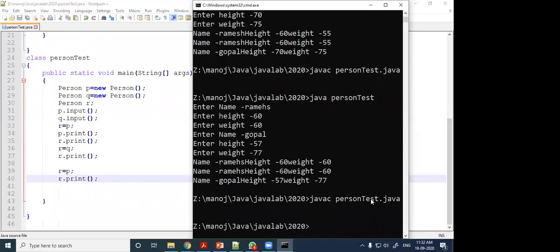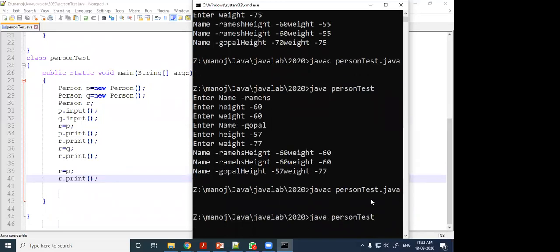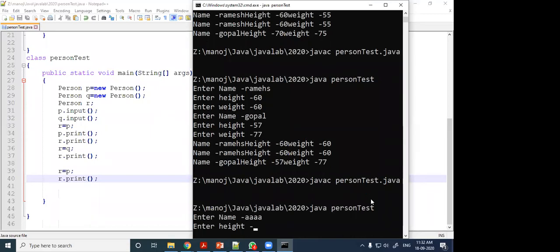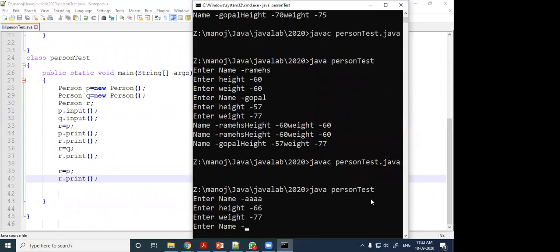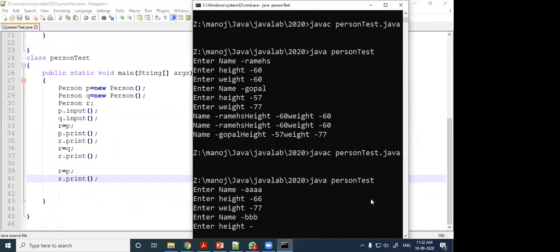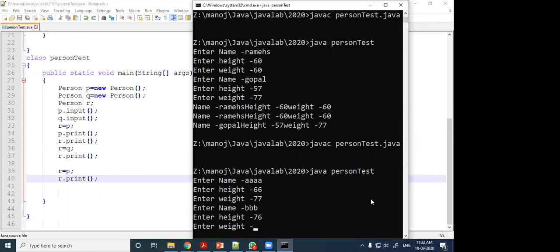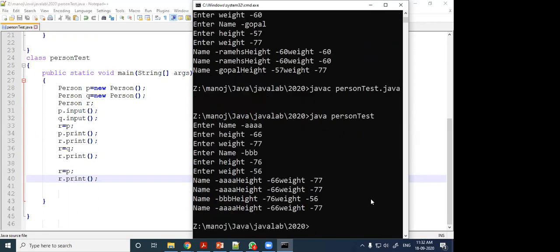I have compiled, no error, but when I run, suppose a data I have entered, BBB. What happened?